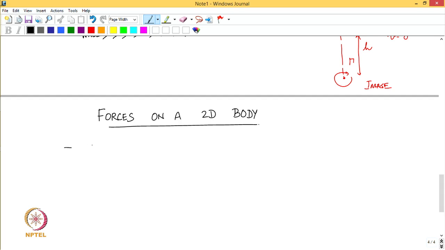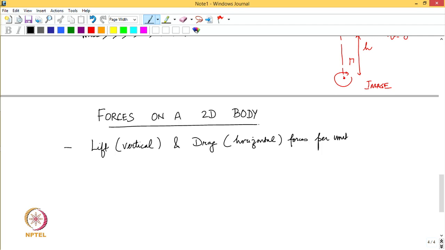So mainly we are looking at lift, which is the vertical force, and drag, which is a horizontal force. Okay. And these will be forces per unit depth, as we are only dealing with a 2D representation of any